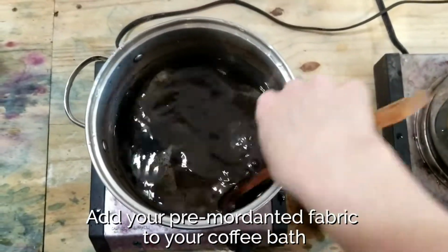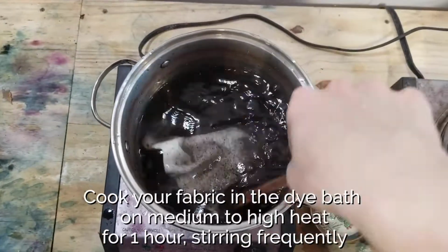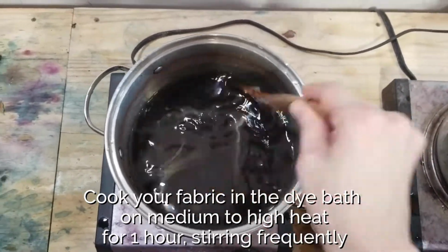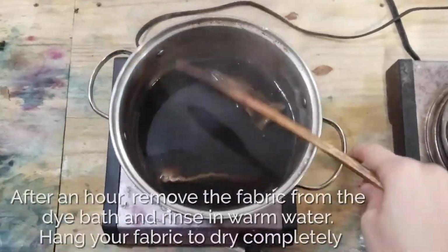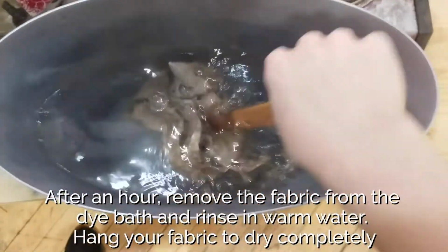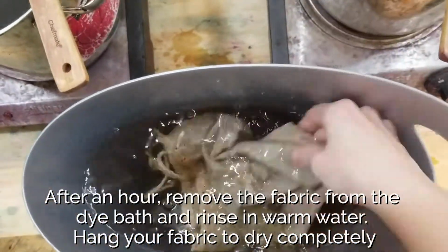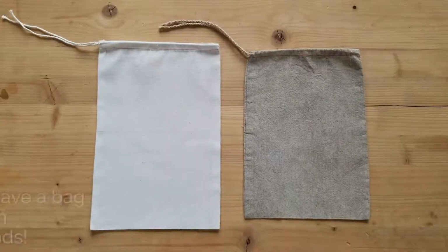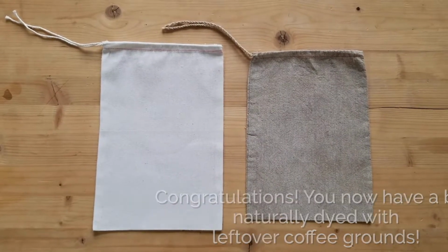The first synthetic dye was discovered in 1856. Prior to that year, all fabrics that have ever been dyed were done so using natural dyes. One of the oldest known pieces of fabric found with traces of natural dyes on it was discovered in Peru and is dated to be over 6,200 years old. This means people were practicing natural dyes for 1,000 years before our first known examples of written